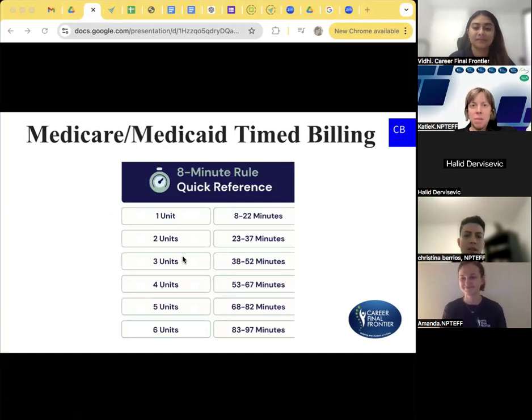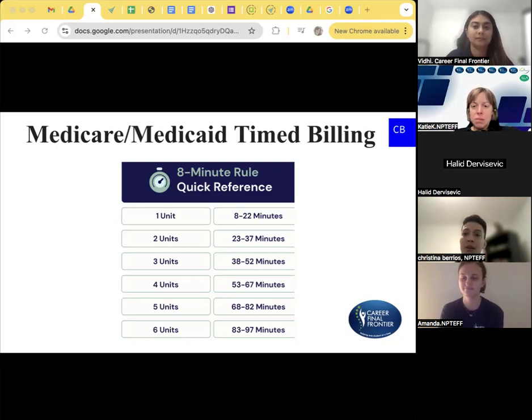Okay, so now we're going to talk a little bit about the billing that I do. I work at an inpatient rehab unit. We document in a system called Epic. It's basically a lot of flow sheet type documentation, free text in cells that you turn into a note at the end. So we go based on time and number of units, regardless of the insurance that the patient has. So I use the Medicare Medicaid 8-minute rule for a Blue Cross Blue Shield the same way that I would use it for Medicare Medicaid.